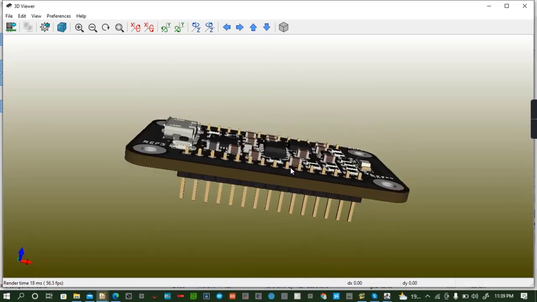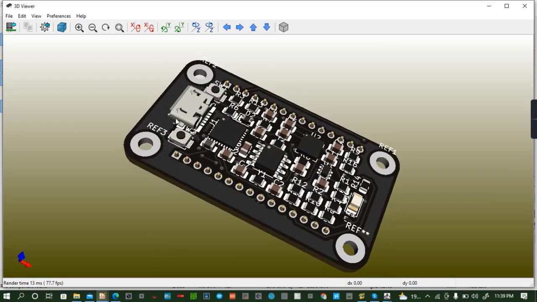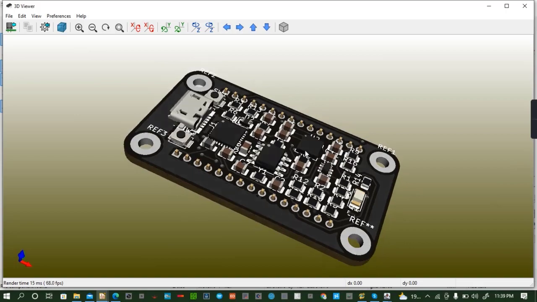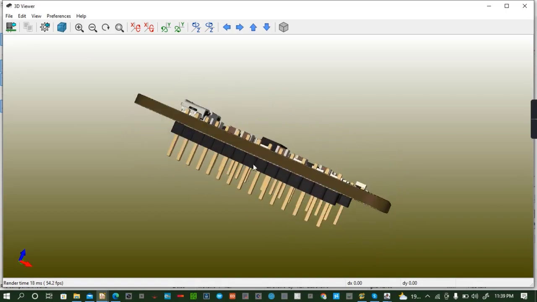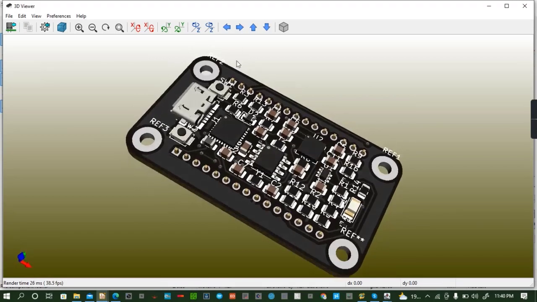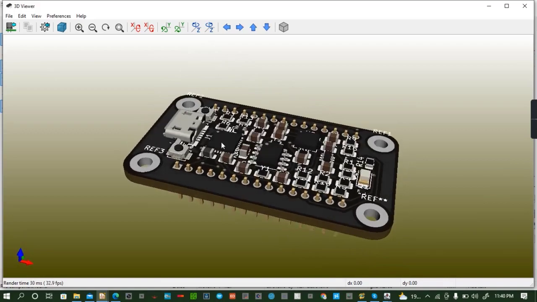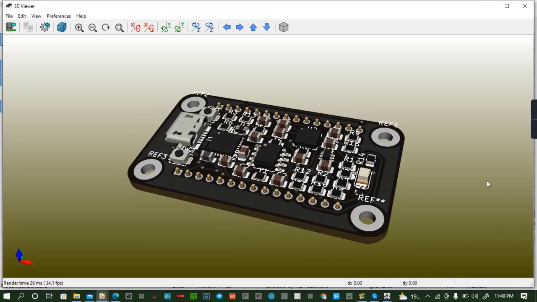So I think this is our NodeMCU board, as it looks in the market. This is it. This is what is needed. This marks the end of our video on the design of the